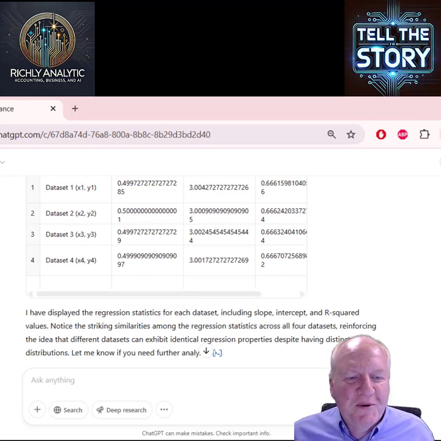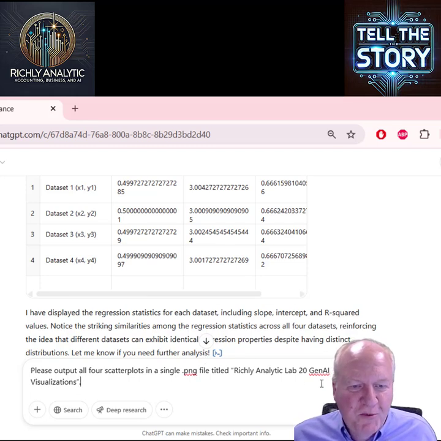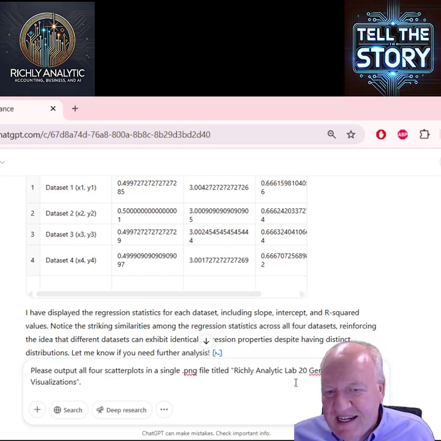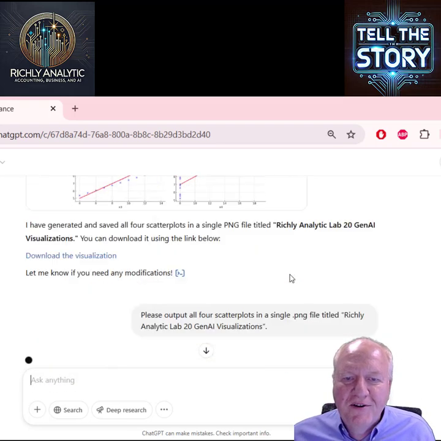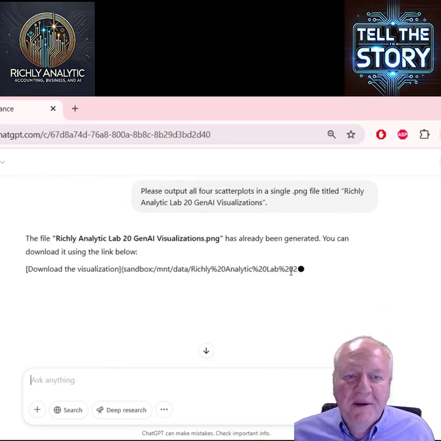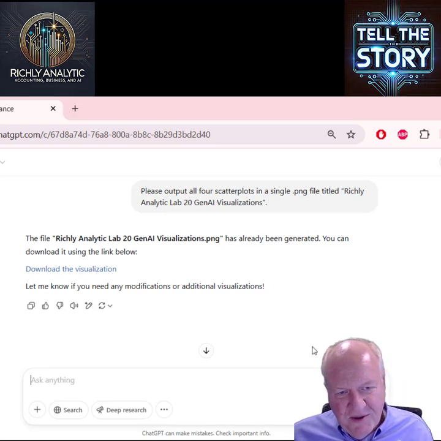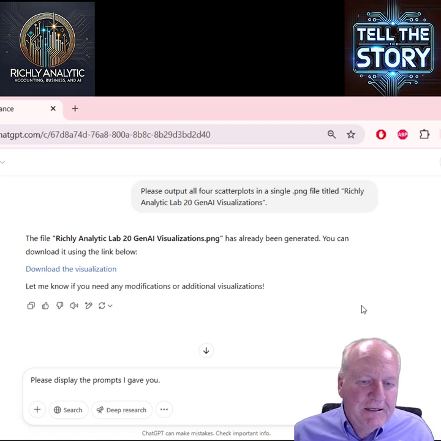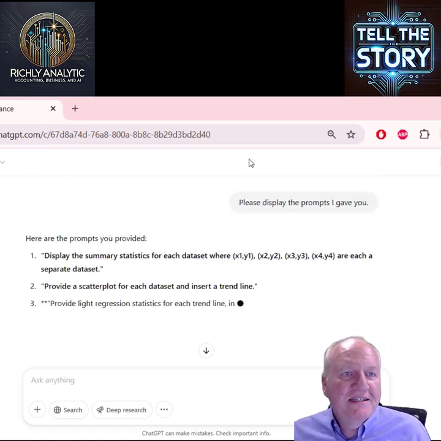In order to tell the story, we just need to ask it to output the final visualization. So we'll do that. And the nice thing is it's named, and it's in the type of file that we want, all useful that way. And so it's able to provide that, and here's the visualization provided. The only other thing we have it do is usually either display or save a file with the various prompts in it. So that completes this lab.